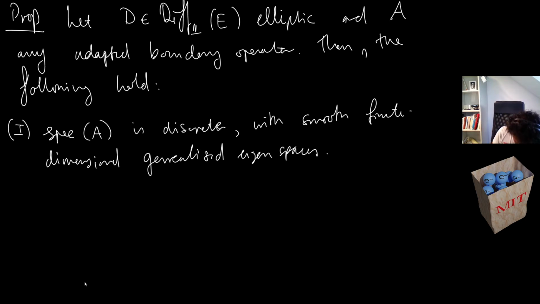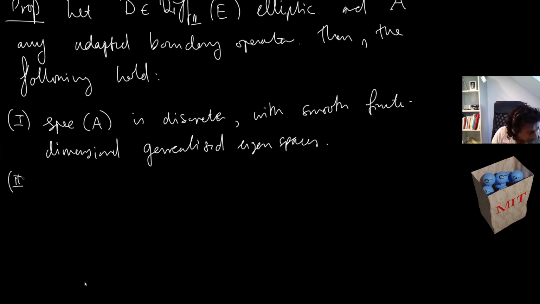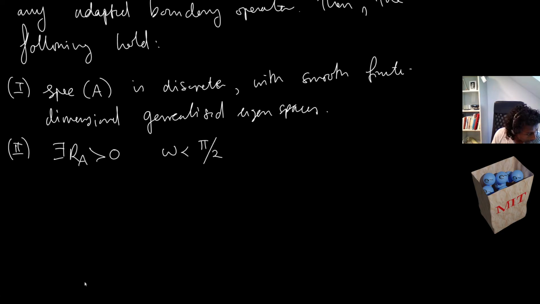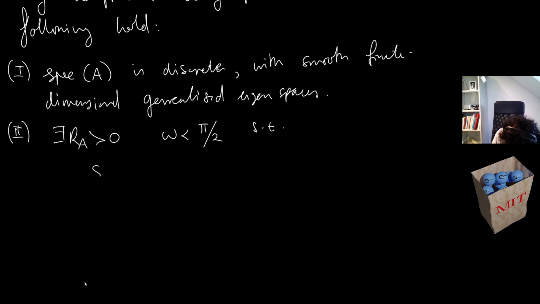Okay. Second is that we have the existence of some radius as well as some omega, which is less than pi on 2, such that the spectrum of this operator now is contained in a sector, so a closed bisector, union